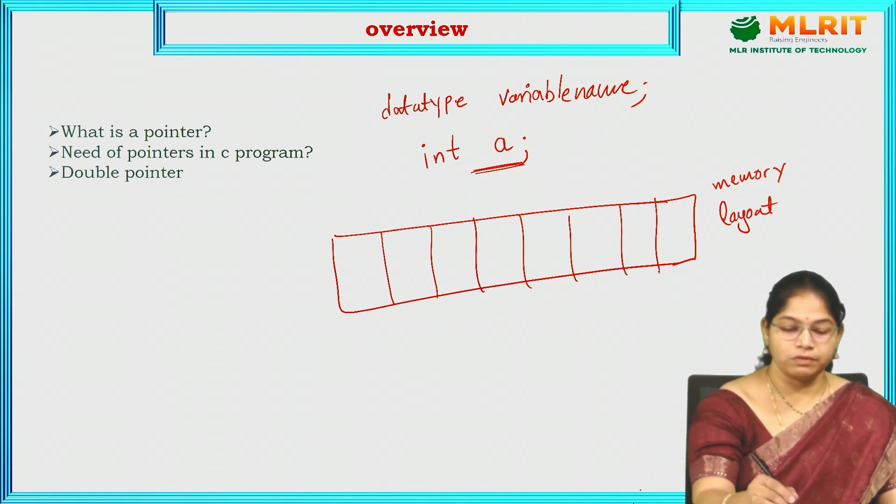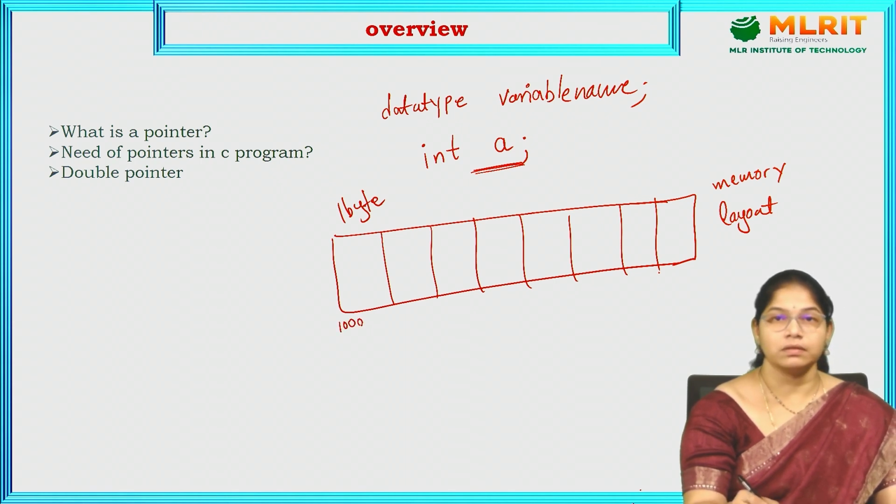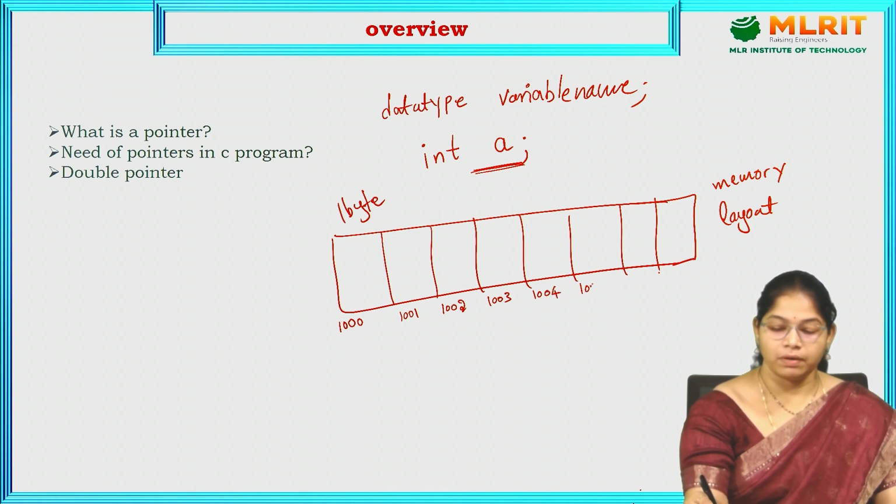Each one is of 1 byte. Suppose the address of this is 1000. The next one is 1001, 1002, 1003, 1004, 1005, 1006,